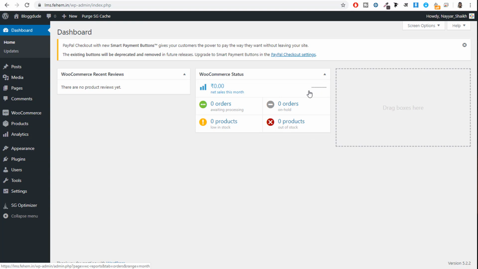Alright guys, now let's do one thing. Let's install the main plugin that is required to make your website an LMS website. This plugin will add all the functionalities and features that are required to make your website an LMS website, for you to create different courses, different lessons, quizzes, certificates and everything. So to get that plugin, open a new tab and type in